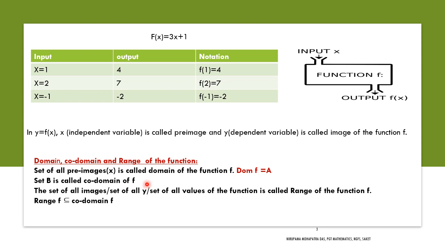So if f is a function from real numbers to natural numbers, for example, then the set of real numbers will be the domain here and the set of natural numbers will be the codomain. So f from A to B, if the function is defined from set A to set B, A is always called the domain of the function, B will be called the codomain of the function, right?